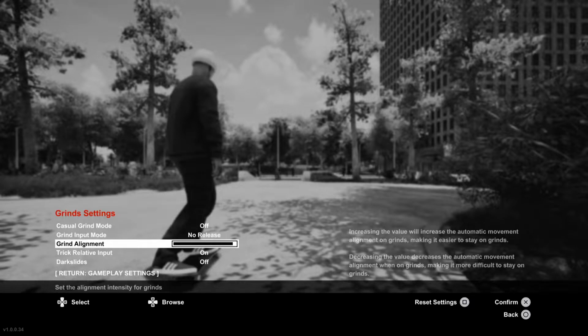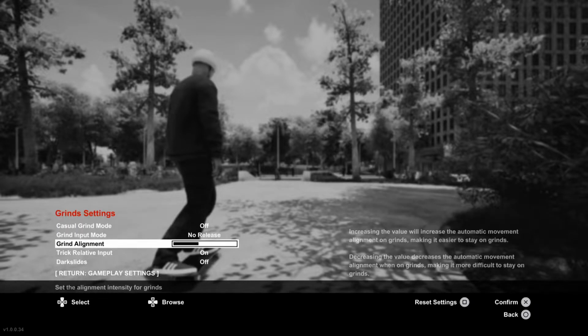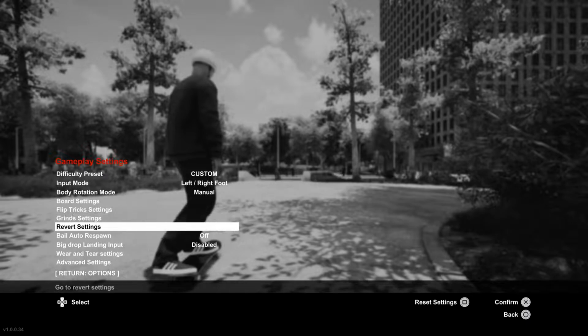Wow, this is a reality check. I had no idea grind alignment was full up. I remember turning it all the way up because there was one challenge that, for me at least, was pretty much impossible to get right. So I turned this all the way up and casual grind mode on, just to get through that one specific trick I had to do. It was a smith on a long curved rail for Manny Santiago. So just when I thought that I was getting better at the game,